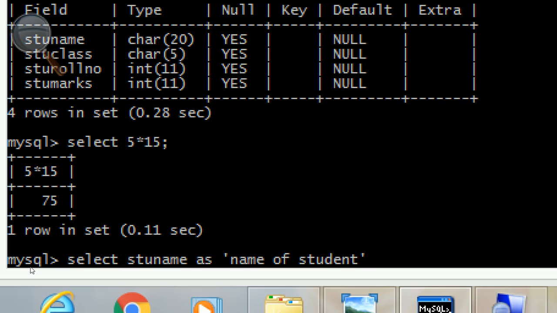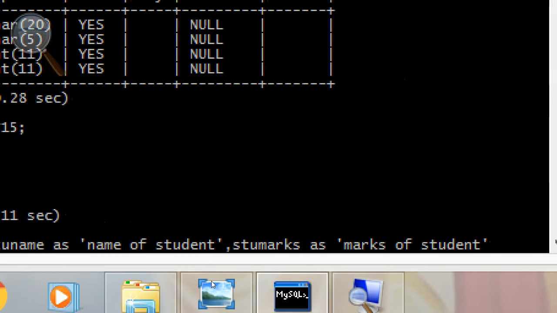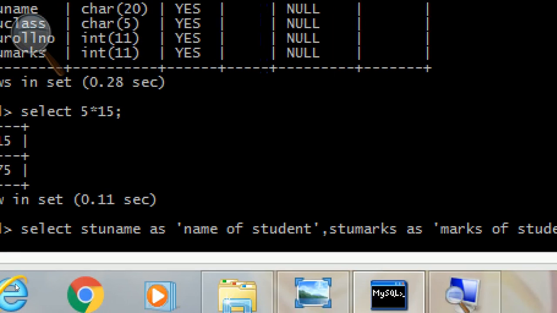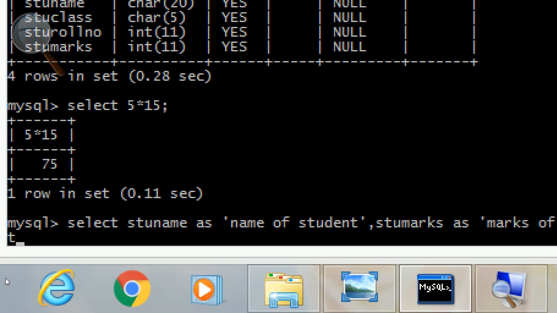Then close the quotation mark, then comma, then the second column, suppose you want to select stu marks as alias for this also, suppose marks of student, then close. Okay, then write from command, from the table name student, then semicolon and press the enter key.